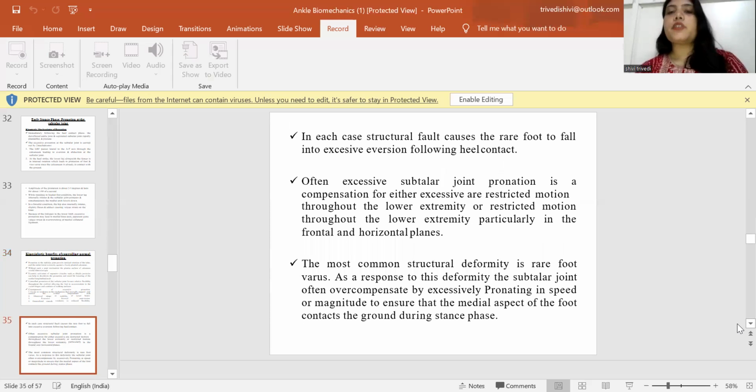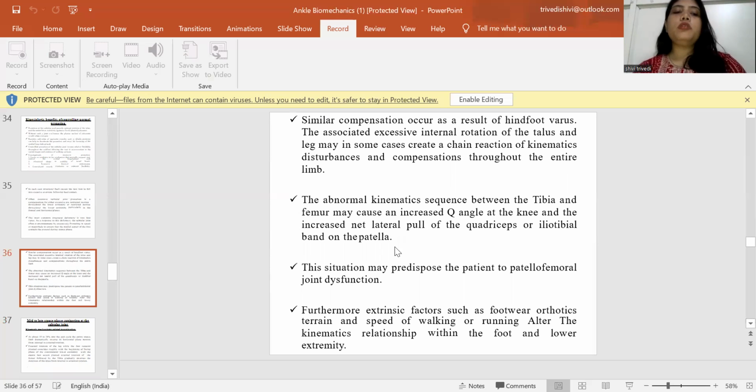In each case, a structural fault causes a rear foot to fall into excessive eversion following heel contact. Often, excessive subtalar joint pronation is a compensation for either excessive or restricted movement throughout the lower extremity, particularly in the frontal and horizontal planes. The most common